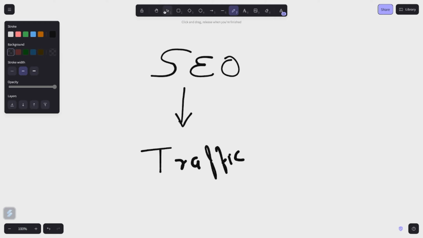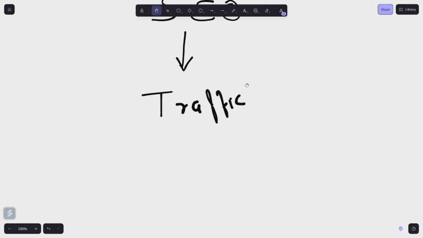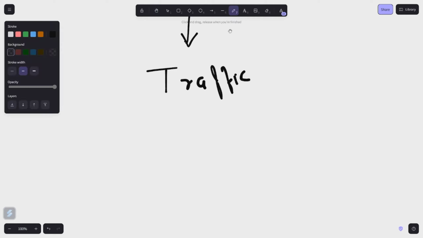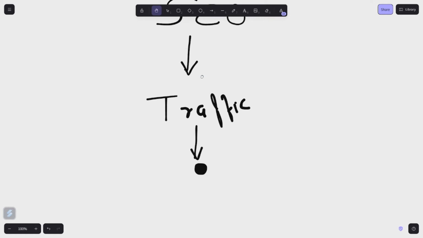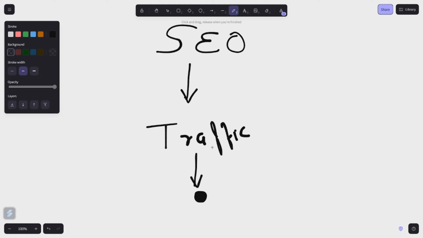So now, if your business is having all the traffic, what would be your next step? I guess to get something out of your traffic. It depends. If you want more traffic, you would again do SEO.